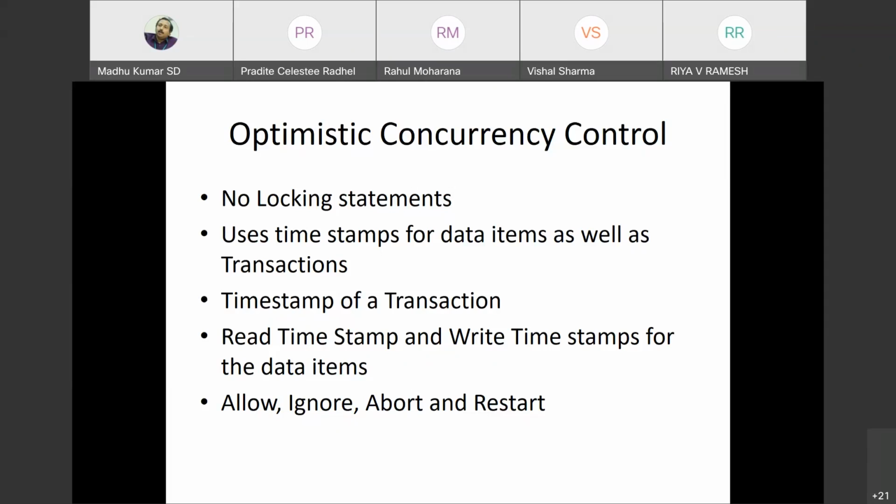Timestamp of a transaction is actually the clock tick at which a particular transaction has started its execution. So it will be incrementing in the positive direction only. So there is no question of 2 different transactions getting the same timestamp. So the read timestamp and write timestamps are for data items, and depending upon a condition, you will either allow,